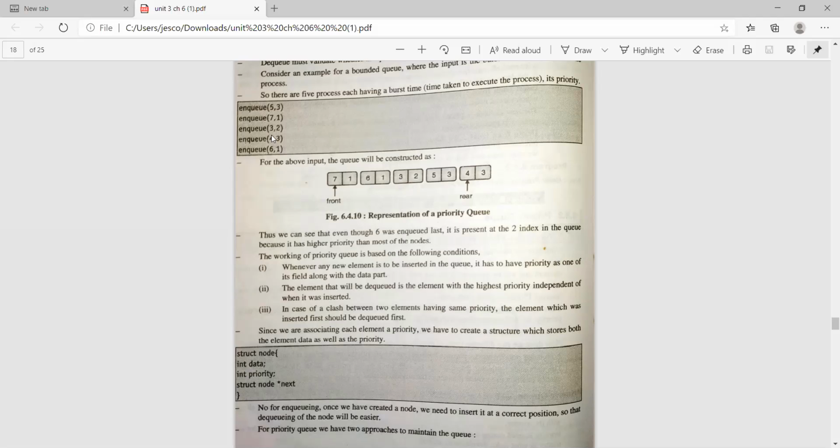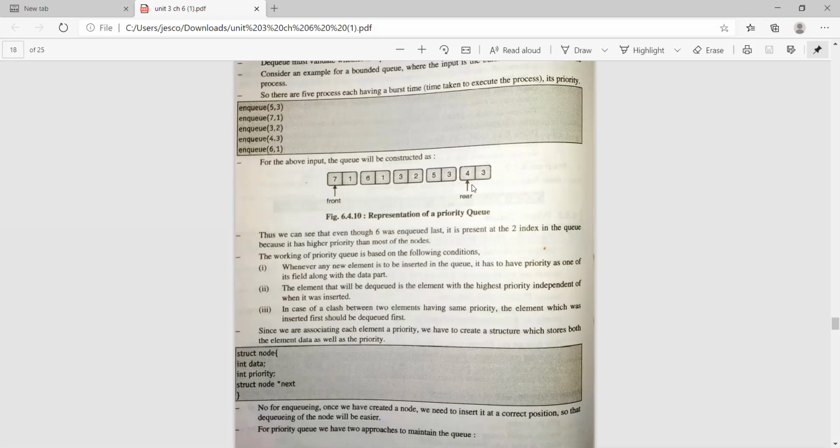Then the third one is the second priority, with the element 3. Then the third priority: first comes 5, so first we inserted 5 at third priority, and after that 4.